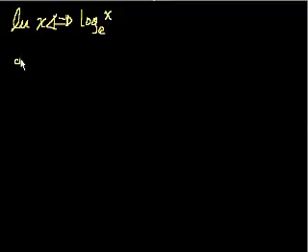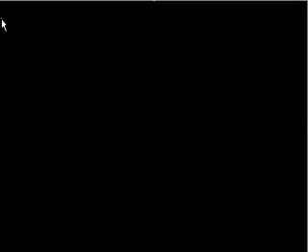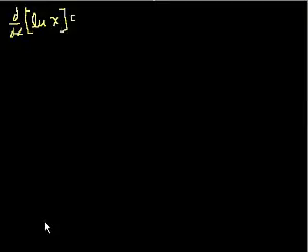So the derivative, actually, I think I'm going to need a lot of space for this. Let me try to do it as neatly as possible. So the derivative of the natural log of x equals, well, let's just take the definition of a derivative, right? We just take the slope at some point and find the limit as we take the difference between the 2 points to 0. So let's take the limit